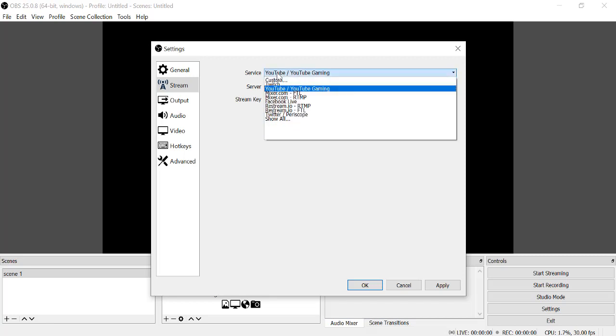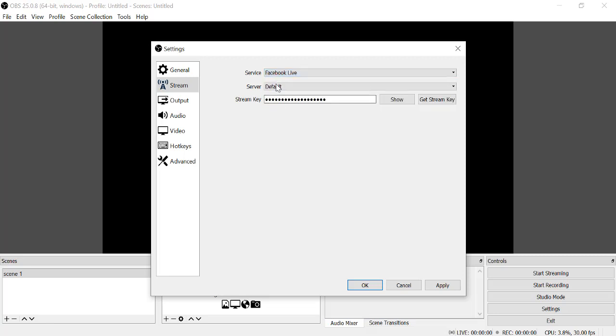Facebook also, you can go to Facebook. Facebook Live also has a server and a stream key. By default they have added the servers, but the stream key changes every time. You can change the stream key, or you can take a newer or the latest stream key. Please remember, each Facebook page or each YouTube channel has a stream key. So you can take a stream key from the channel or page, or you can keep it here, and directly